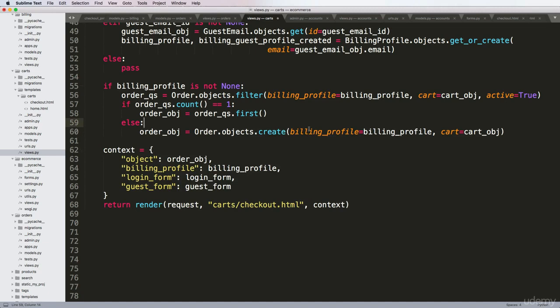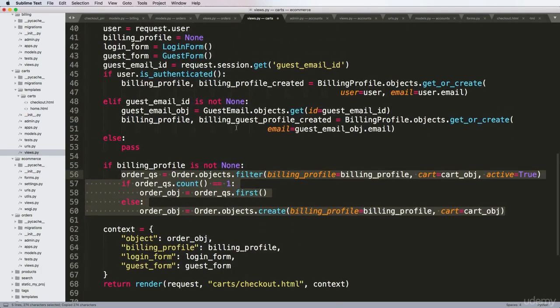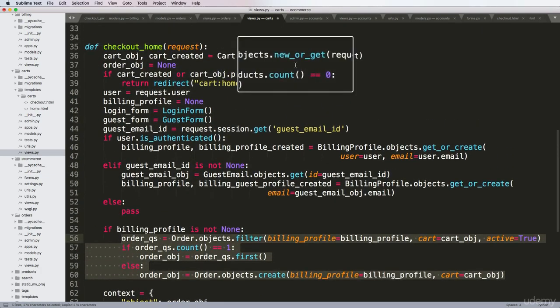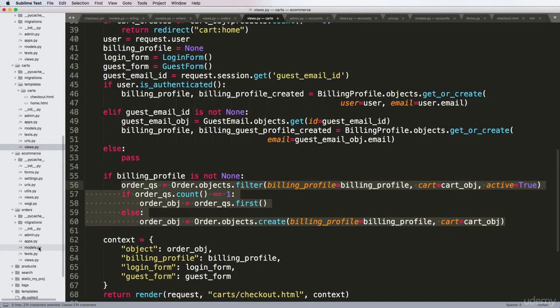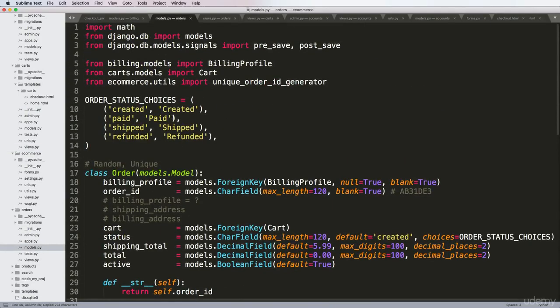So all we really need to do is now have this portion be in the model manager for the order. So I'm going to go ahead and copy this. And again, I'm going to call it new or get, because that is my custom method. Instead of get or create that's built into Django, I'm calling it new or get. So I'm going to copy this, and in my orders, I will put it